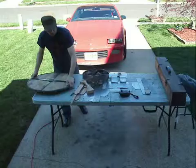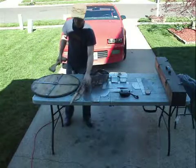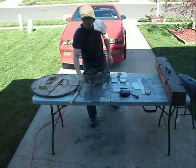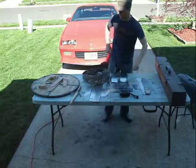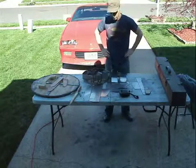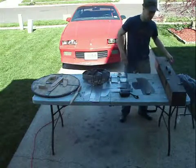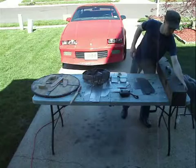But these are all the projects that I'm gonna finish up this summer before I start anything else. So that's all the stuff I got going on. I plan on finishing my first sword project altogether,